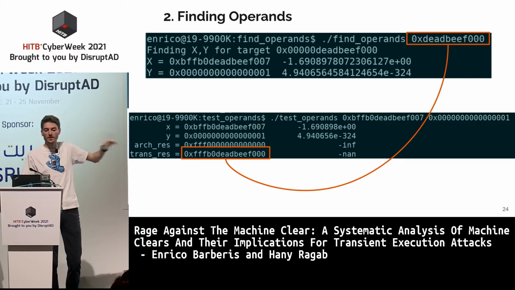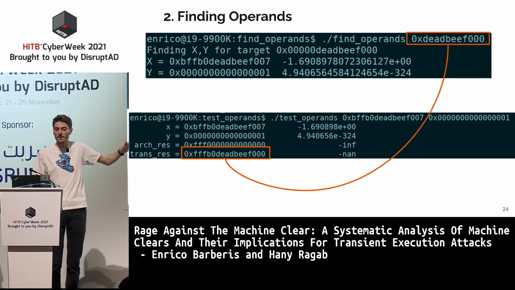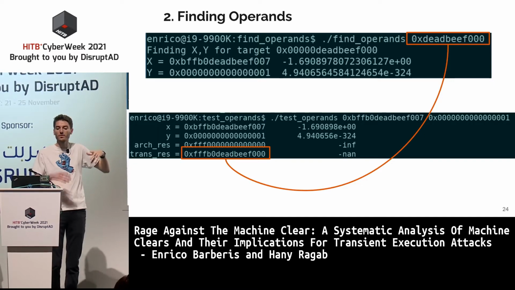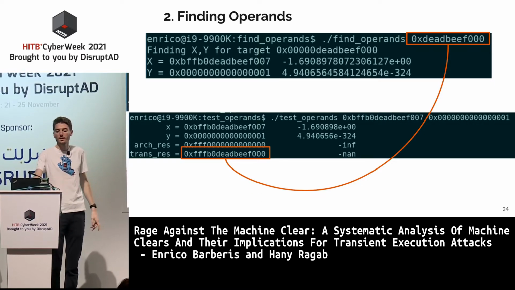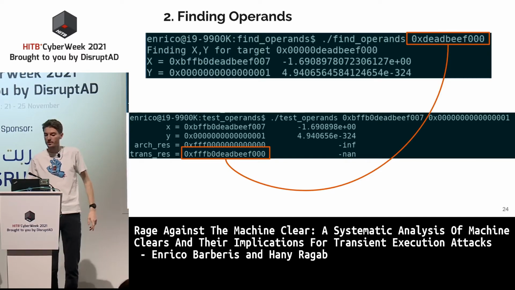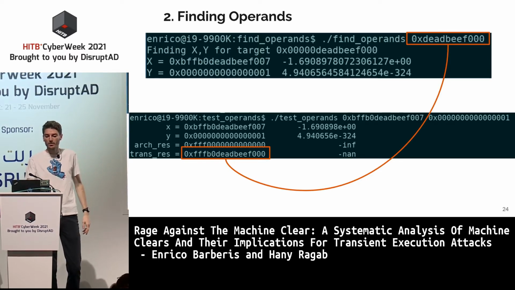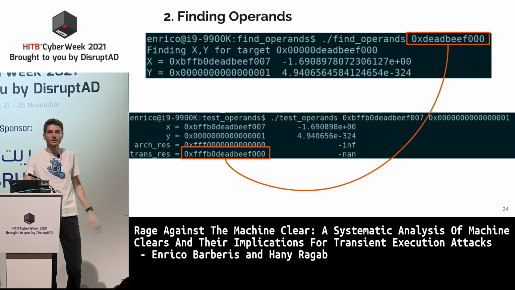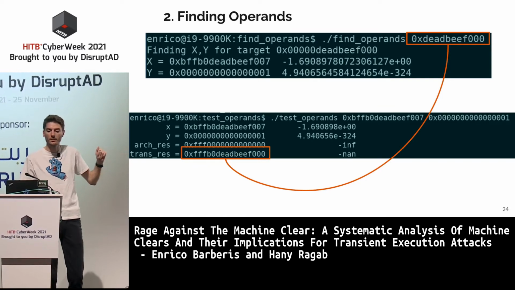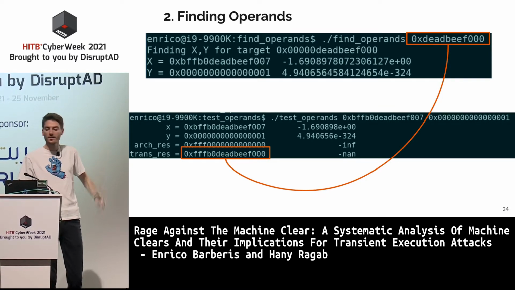Again, please notice that the real result, the architectural result, here is minus infinity. But actually, the processor, when it computes this wrong result, will obtain the result on the bottom that you can see. Now, if you notice, we also have FFB on the top of the floating point number. Why is that the case? Well,